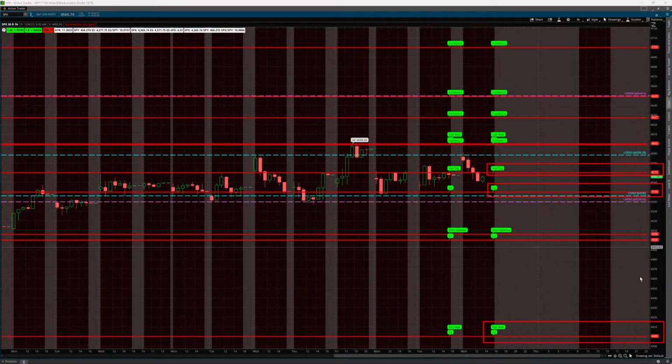Below that level, market makers' position on the gamma curve is negative. In a negative gamma environment, market makers have to trade with price to hedge their delta exposure, and that tends to enhance or increase volatility. On the other hand, above that level, market makers' position on the gamma curve is positive. In a positive gamma environment, market makers have to trade against price to hedge their delta exposure, and that tends